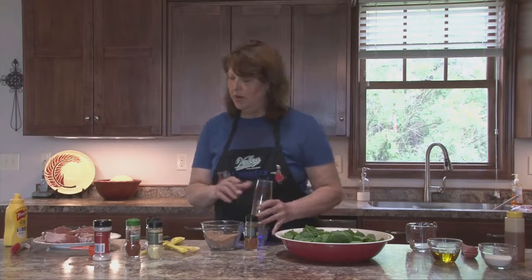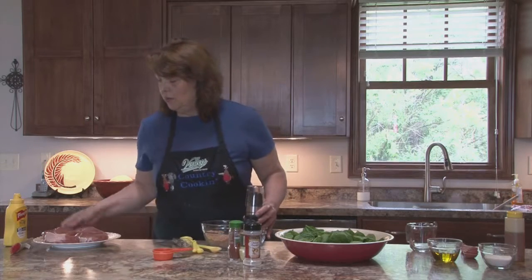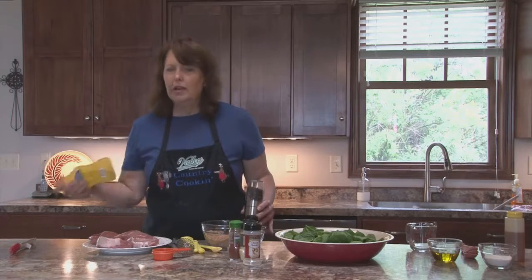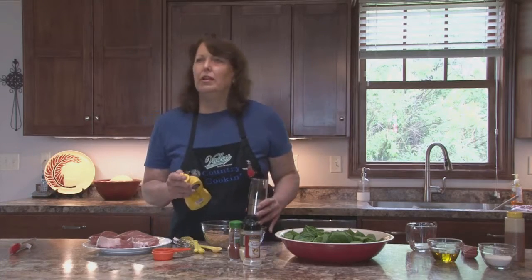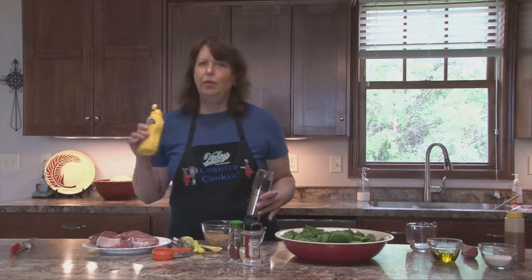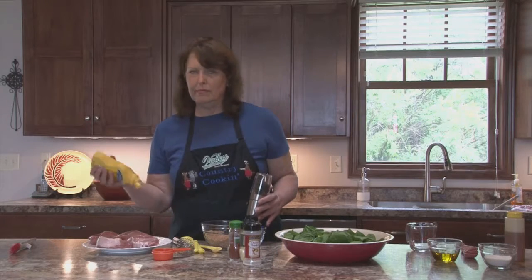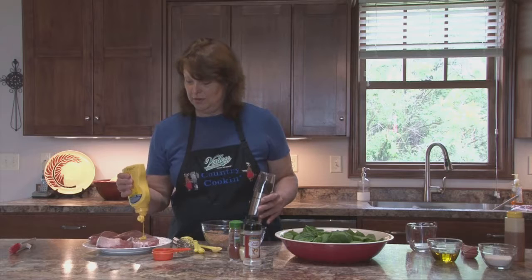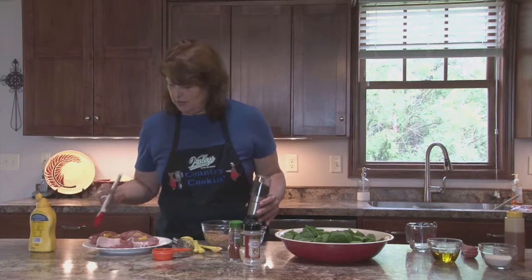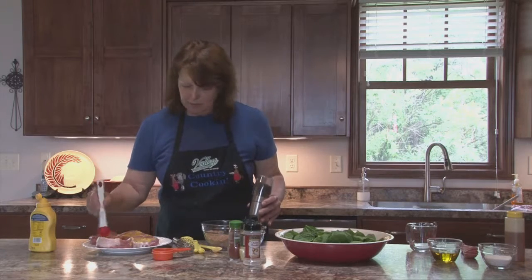So I'm gonna have to put one there. Okay. The other thing we need to do with our pork tenderloins is baste them with yellow mustard. Even if you don't like yellow mustard, what this does is that it will help the rub adhere to the meat. You won't taste the mustard at all. I don't know what happens to it, but it just basically evaporates into it. So you just kind of want to baste the...